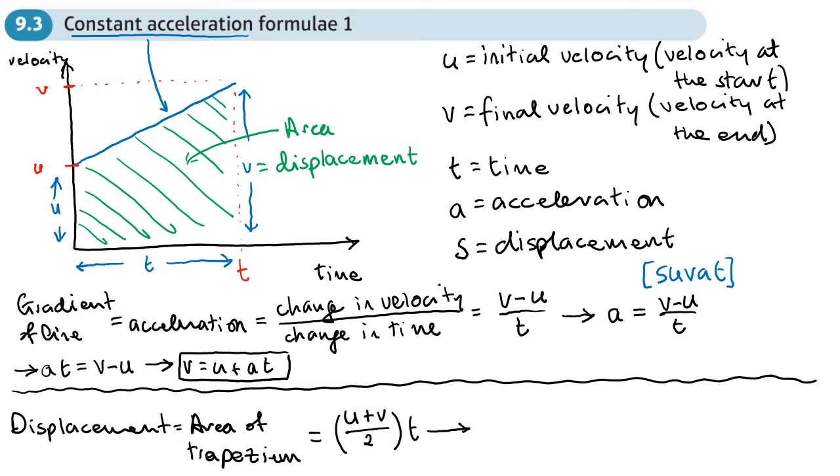Okay, so S for displacement is u plus v over 2 times by t,